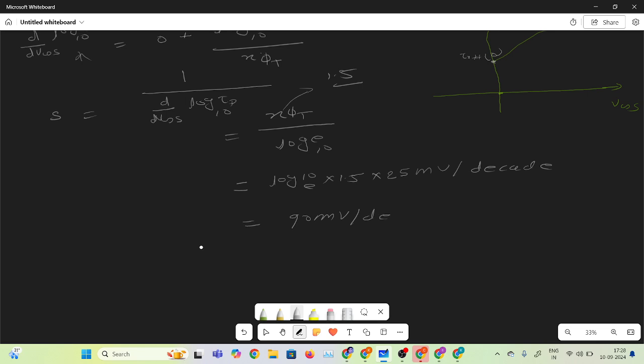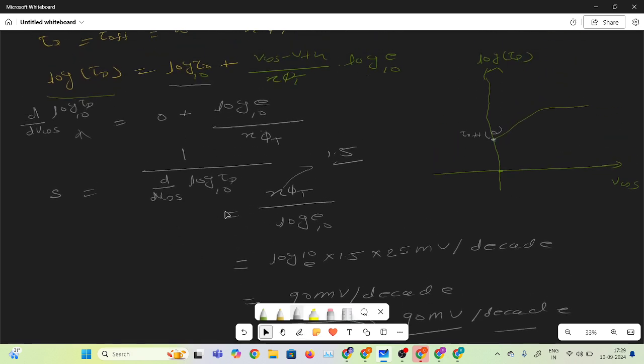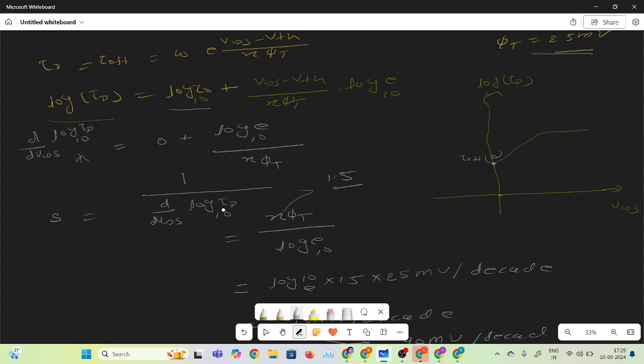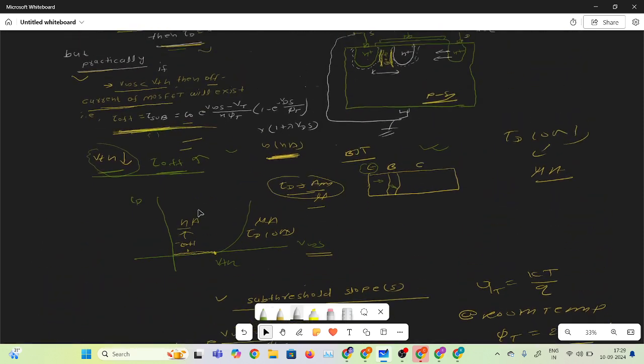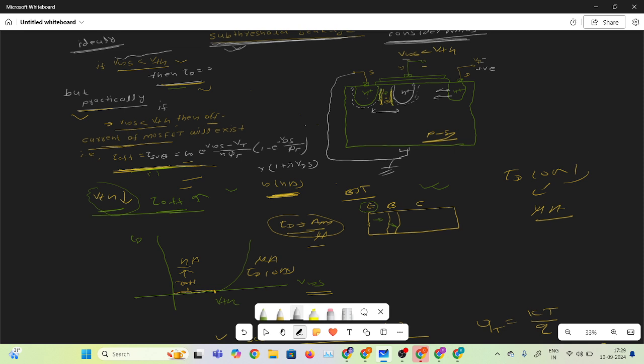per decade. What is the meaning I am telling? So this is 90 millivolt per decade. So why decade? Because of the base 10. See, here the off current, if the VGS is less than VTH, and the designer already knows about this leakage, the subthreshold leakage. So